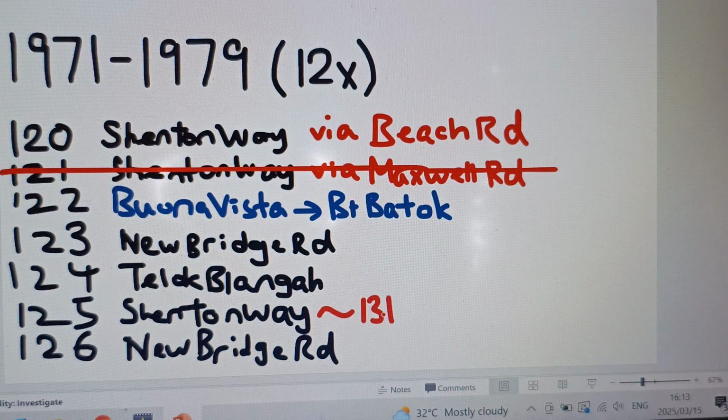But anyway, that was what became of 125's route. So at that point of time, it no longer went to Farrer Park MRT, until NEL rationalization, when they amended it again. So it's Bendemeer Road, Kitchener Road, Serangoon Road, and then Balestier Road. So yeah, that was how 125's route changed over time. But this video isn't necessarily about 125. I just wanted you guys to understand how 125's route really changed, and the fact that